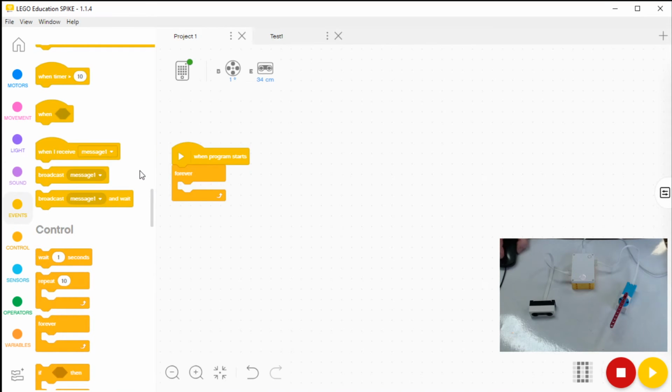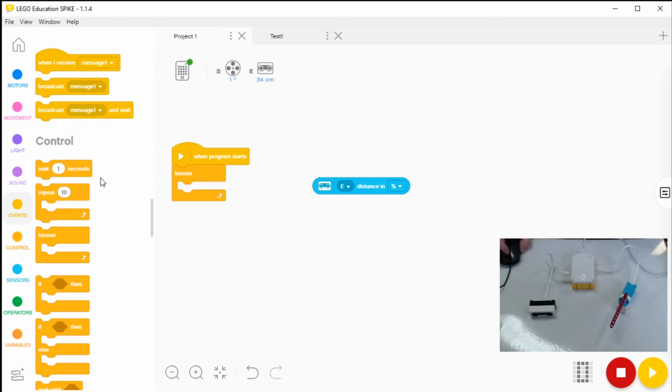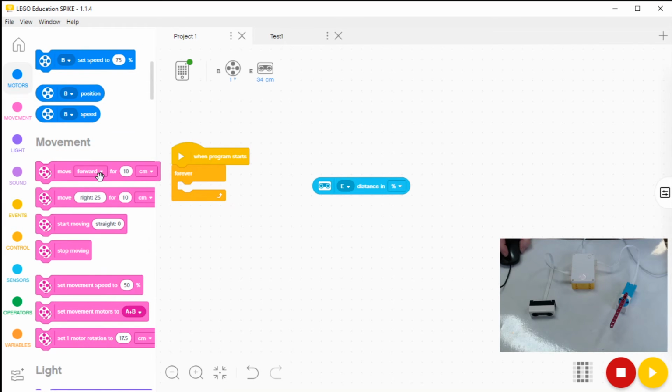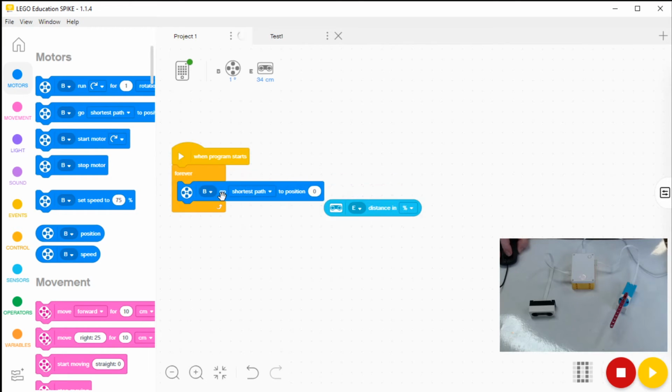the distance. So I'm going to go to sensors, color, button pressed, distance in centimeters or inches. Okay, so I'm going to keep him. I'm going to need him in a minute. These round ones go inside other blocks where they normally would have a number. So if we have a motor position, go to position, shortest path to position. Instead of putting a number in here for 0, I can actually stick this in here